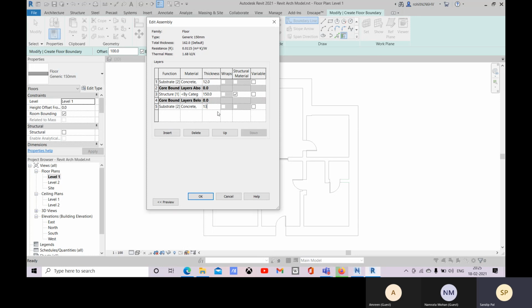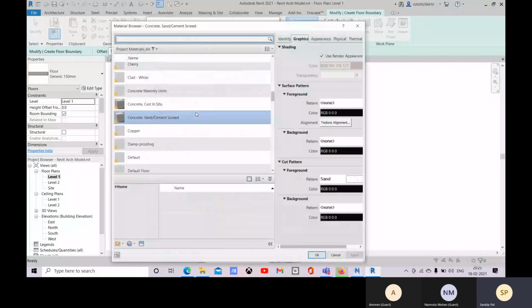Let me specify 13, and we will add some other materials over there, like insert, make it down. Okay, that will be your membrane layer.